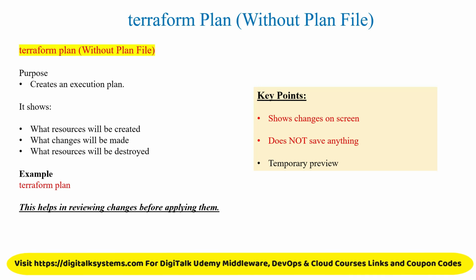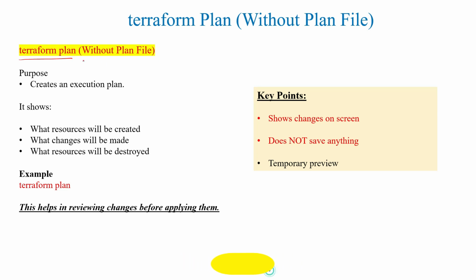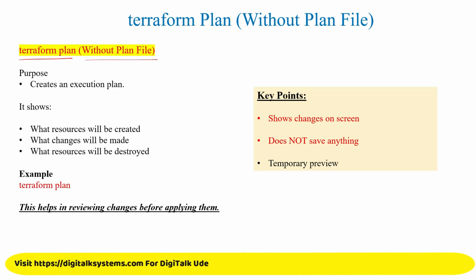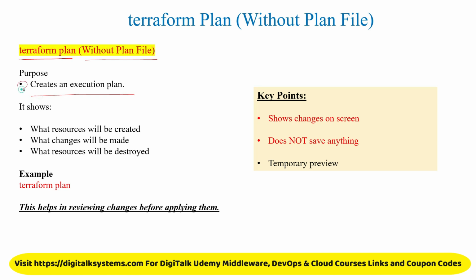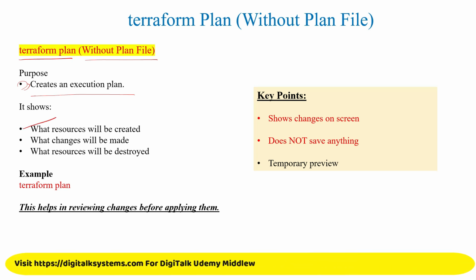The command is very simple: Terraform plan. As I explained earlier, we can run Terraform plan with or without a plan file. First I will show you without a plan file, and then I will show you with a plan file and what the benefit of that is. The purpose is to create an execution plan. Before actual implementation, it will show you the output of what exactly is going to be executed in your environment once you execute it. It will show you what resources will be created, what changes will be made,